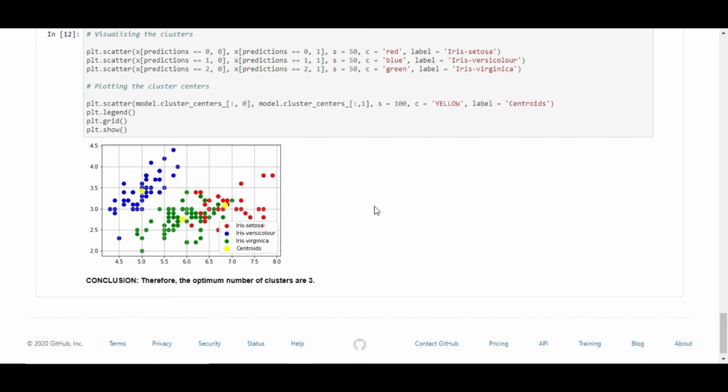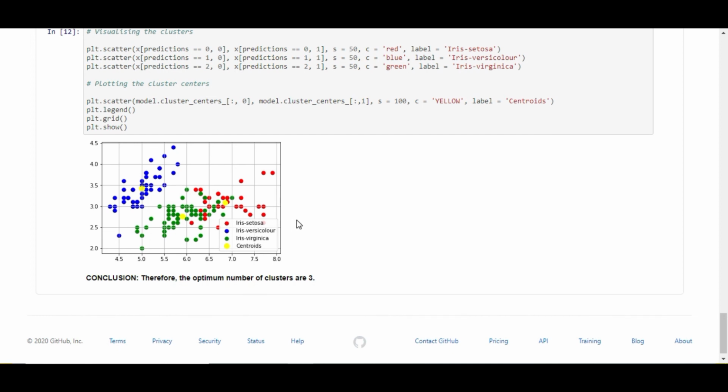In this scatter plot, Setosa is plotted in red, Versicolor is plotted in blue, Virginica is plotted in green, and the yellow dots are the centroids. There are 3 centroids as we had taken 3 clusters. The plot basically shows how far each point is from the centroid.